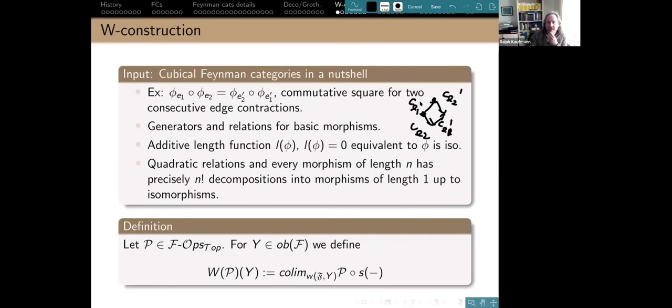It's a little bit difficult because these are not really the same edges, because this aggregate is not that aggregate, because you keep track of everything. They're not, because this one lost those two flags and this one lost the other two flags. It can't be the same, but there's a nice way of saying which one corresponds to which. You have to formalize that, and that's basically what cubical Feynman categories do.